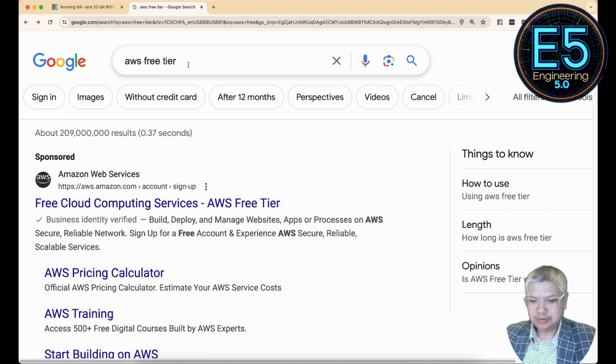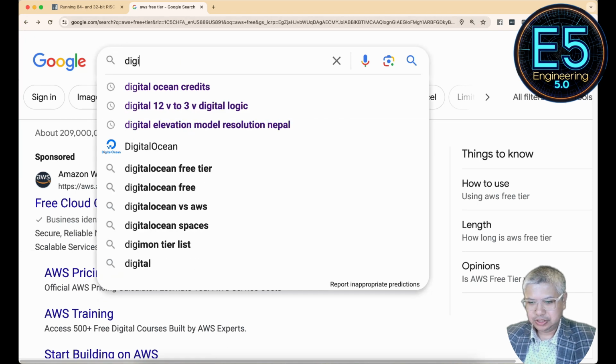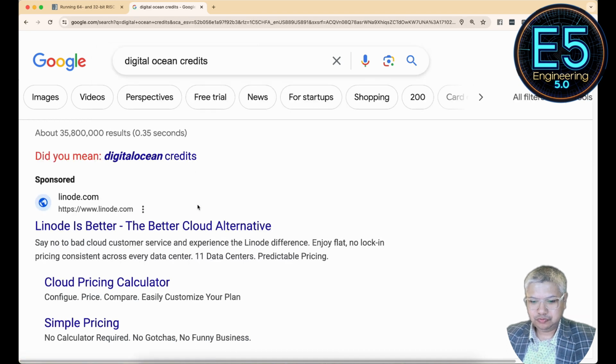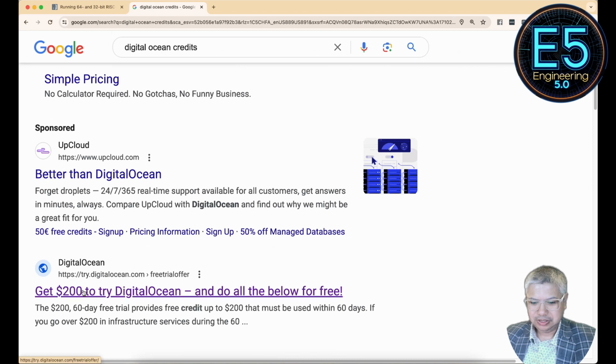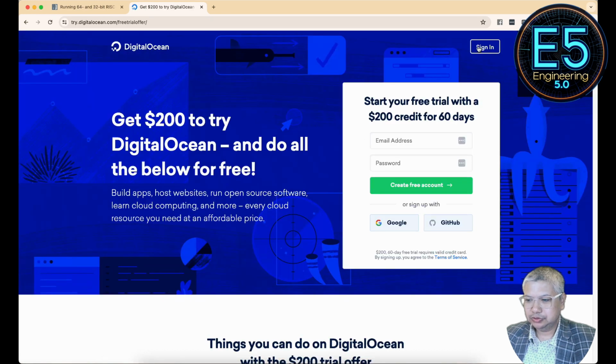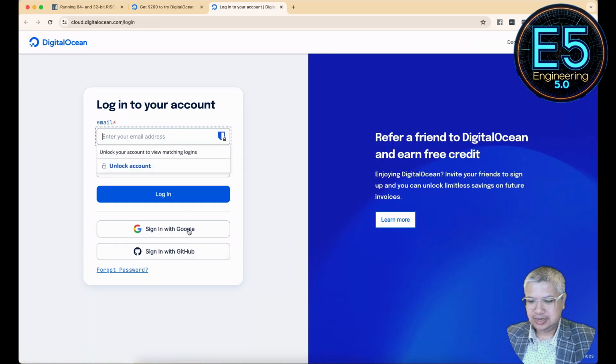So I decided to go with DigitalOcean in this demo. If you search for DigitalOcean with credits, you have to go to a link where they give you this credit for 60 days. If you do that, you do have to provide a credit card. I already did that and registered my account in DigitalOcean. So if I sign in,